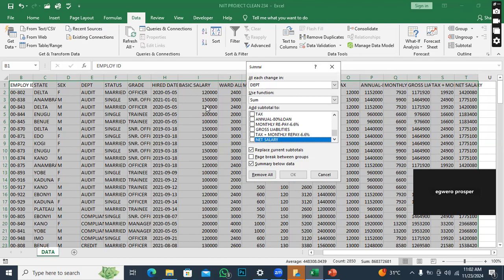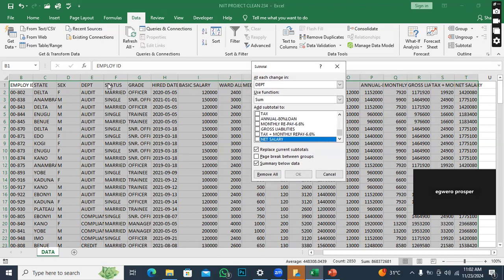That's what it will add: the subtotal, and it will give you the answer under basic salary. Now, if the questions go beyond just one attribute, if the question is that perform subtotal of basic salary, of